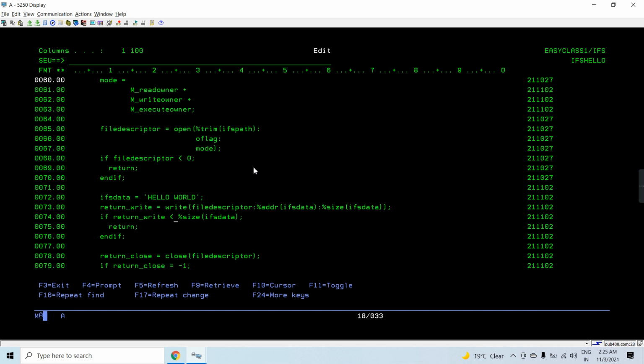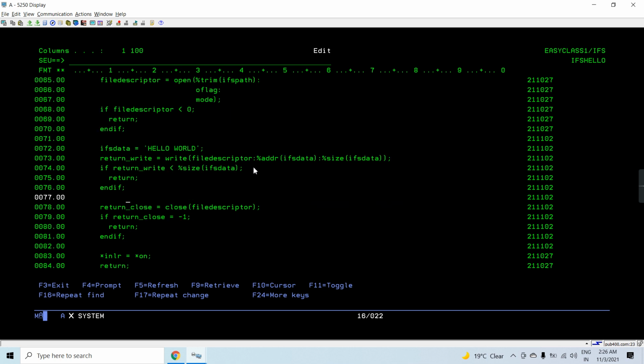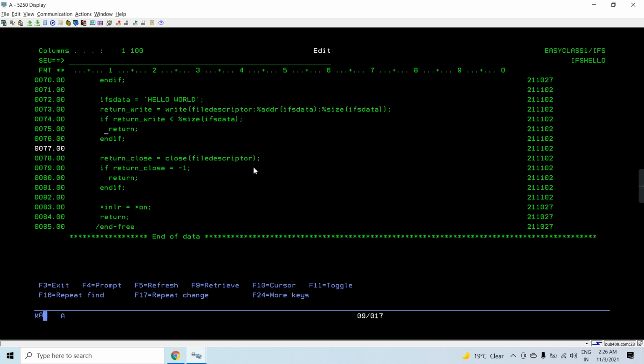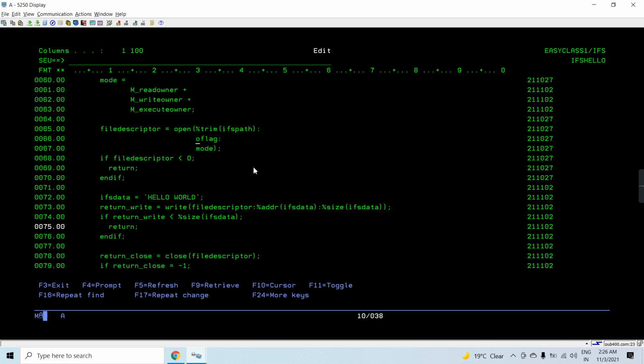And then if the size is less than the size which is returned, basically how much data gets written to the IFS is returned here. If it's less than that, it means there is some error in writing the data, so it will return from here, or from here we can throw some error as well, and then it will close the file. To close the file we need to call the close API, and we need to pass the file descriptor which is returned from the open API too.